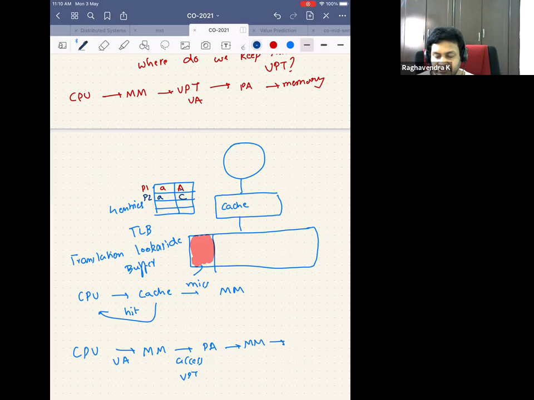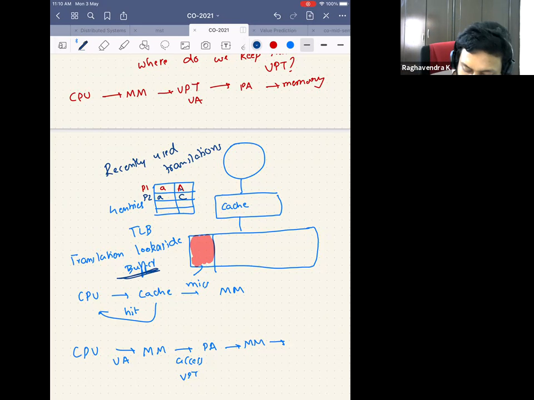So this is the translation that is currently there. We store all the recently used translations in the TLB. That's why it's called translation lookaside buffer. It's a buffer for the virtual page table, and it's shared. This is a hardware structure, so it is shared across the processes. Whether you use the TLB for one process and then invalidate all the entries when you shift to another process, or you tag along the process ID, it's up to you. There are different design choices, but let's assume that at any given point of time in a TLB, there can be multiple entries from different processes.